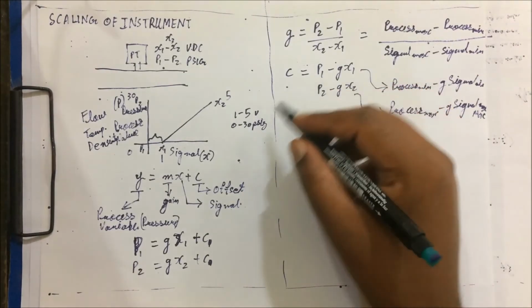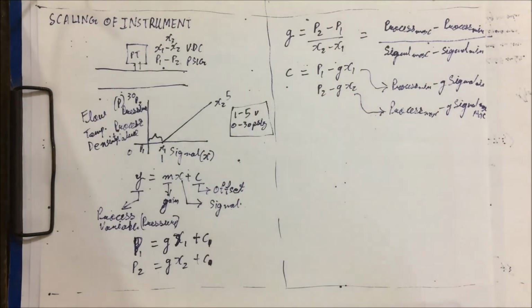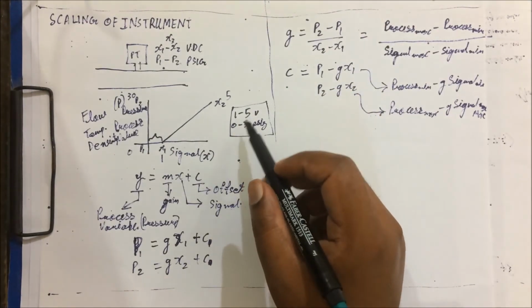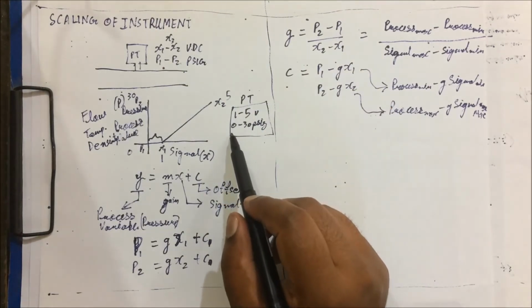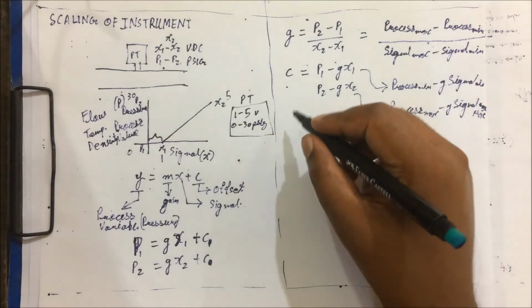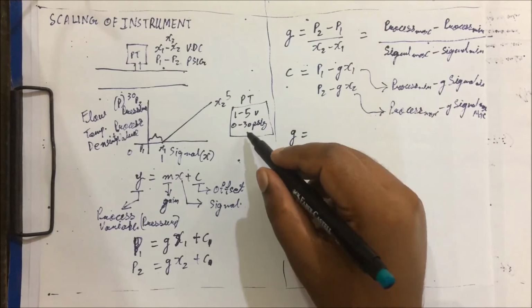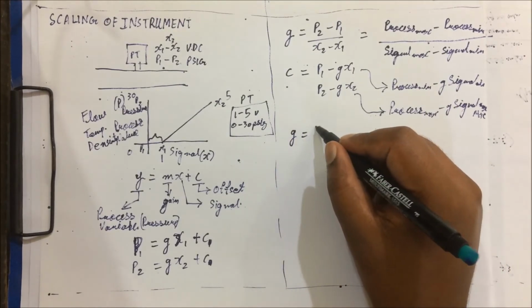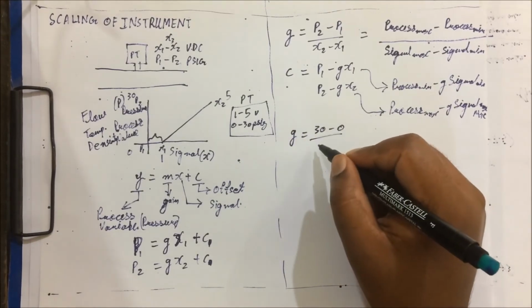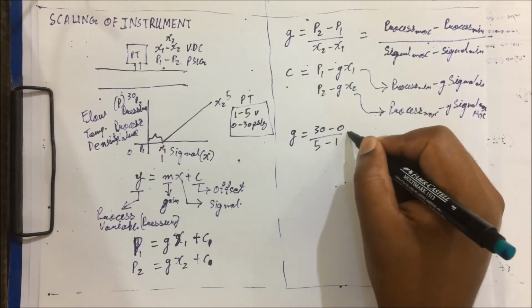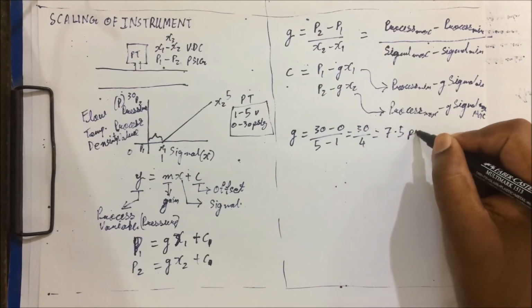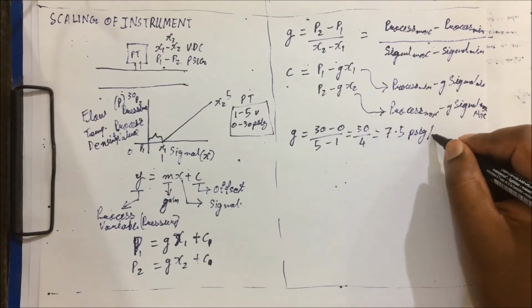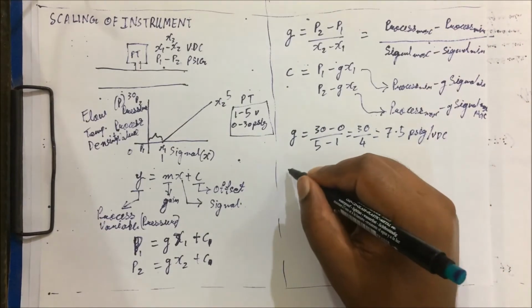Now we'll take an example for this. If we want to find out the gain and offset of a pressure transmitter, which varies its signal from 1 to 5 volts and whose pressure varies from 0 to 30 psig, then we can find out the gain as the maximum process value, that is 30 minus 0, divided by the maximum signal 5 minus the minimum signal 1, so it will become 30 by 4, which is 7.5 psig per VDC. And the offset,